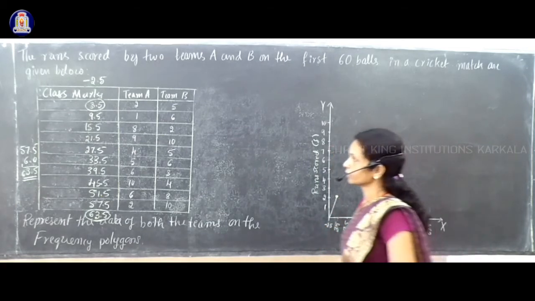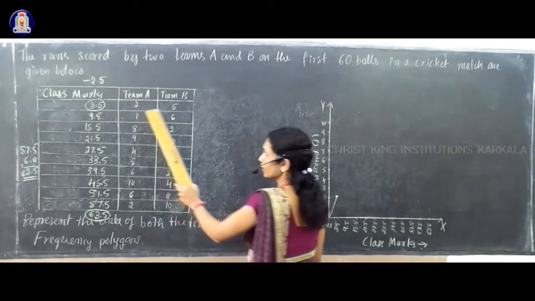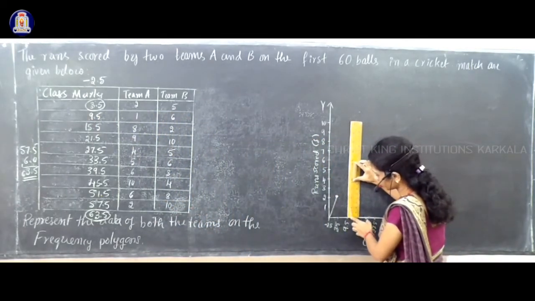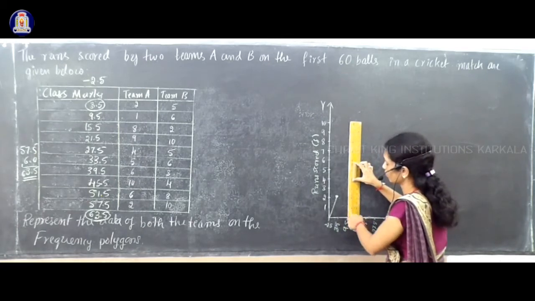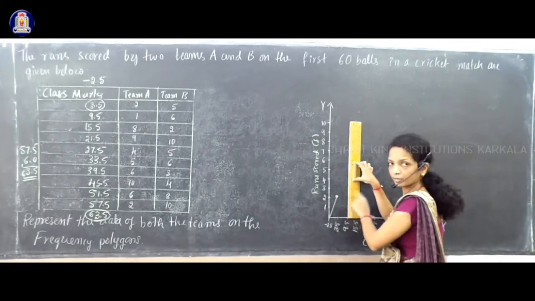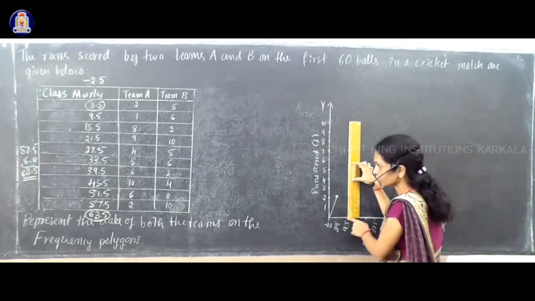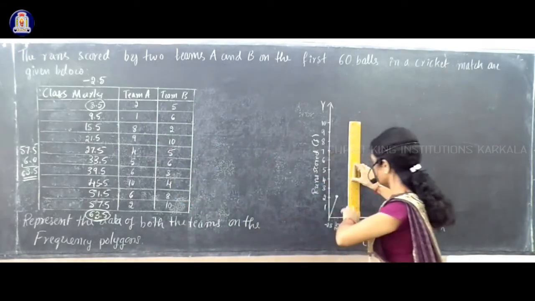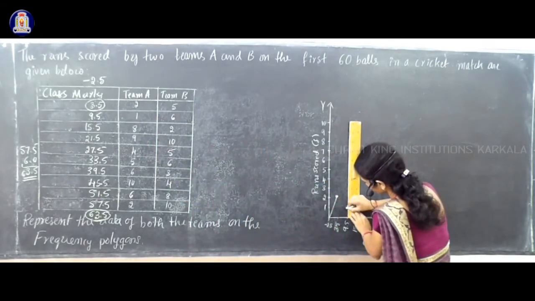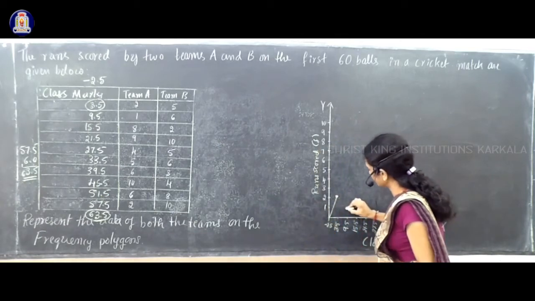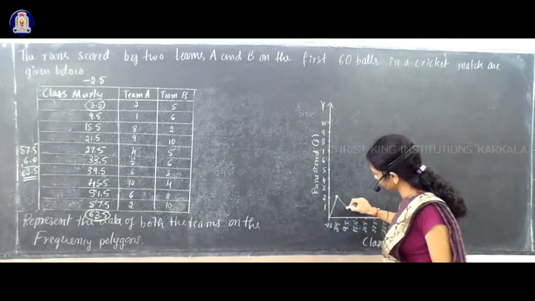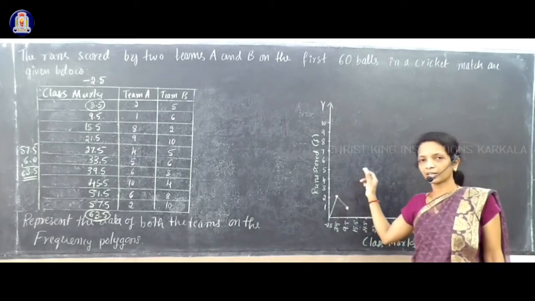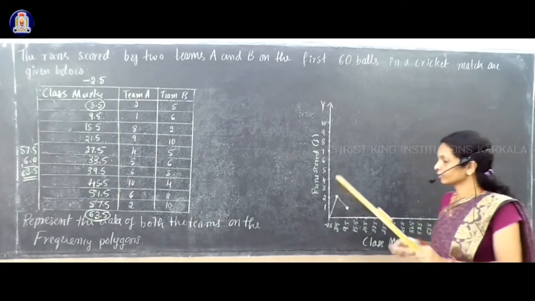Next is 9.5, so that frequency is 1. So at 9.5 you have to keep your scale vertical, or otherwise you have one vertical line passing through that 9.5 in your graph sheet. On that line you have to move up to how much? What is the frequency for that? It is 1. 1 is here, highlight that point. The first point you have to join with the origin, and the second point with the first point. Third point with the second point like that you have to join.